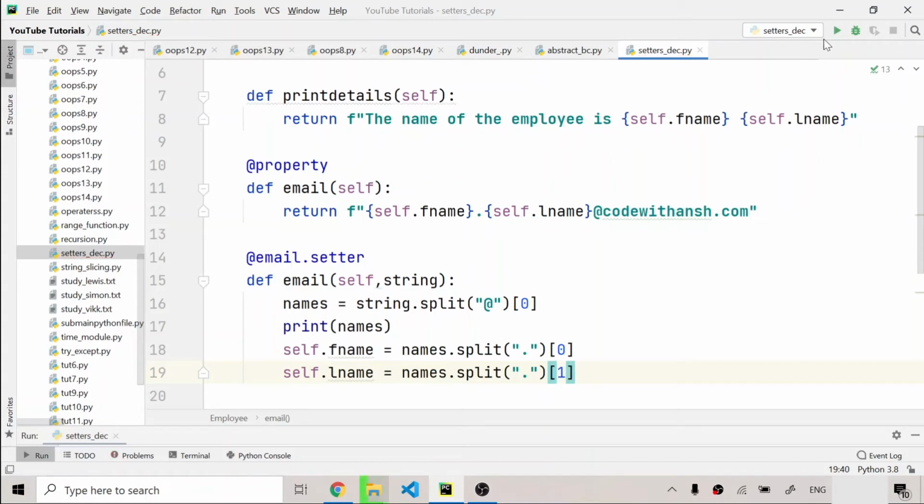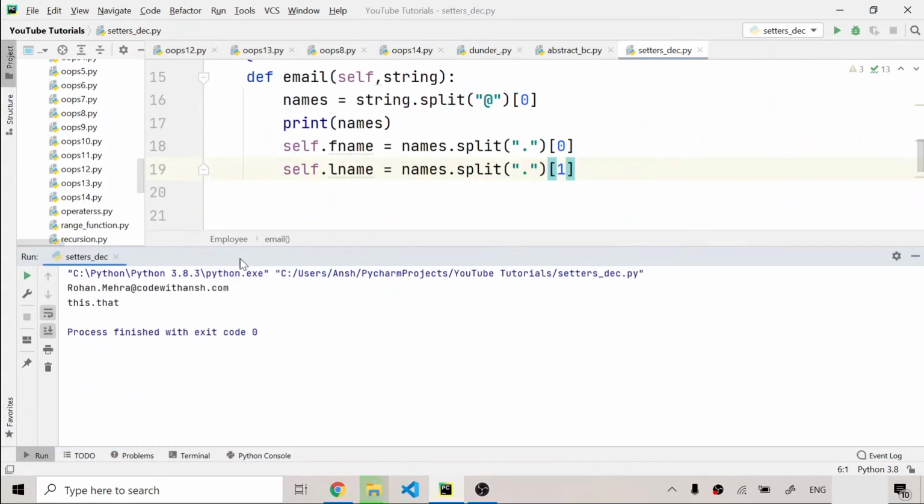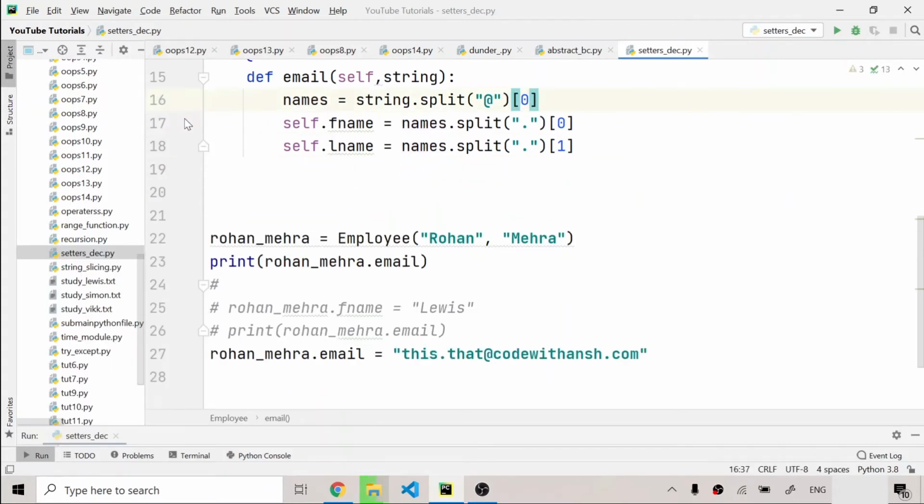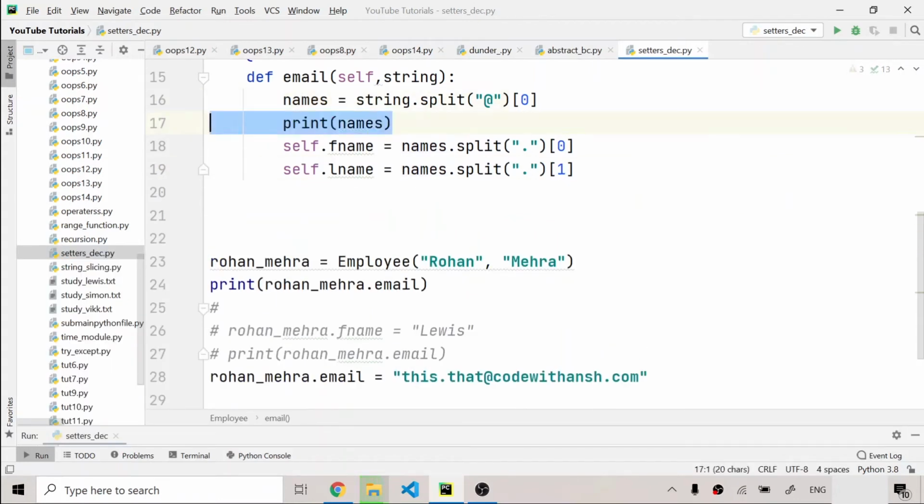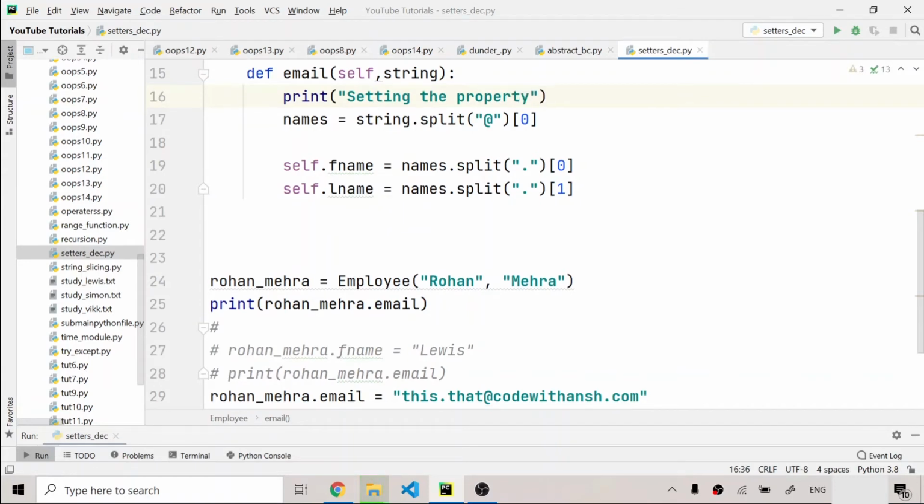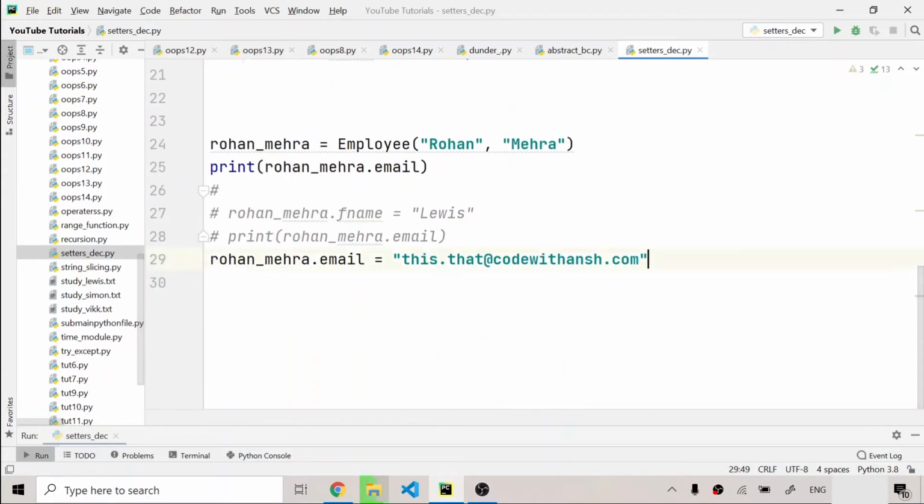Now if I rerun this program right here, as you can see it will print this dot that. So basically I'll have to remove this. If I write that I am setting it, so I will print right here "setting the variable" or the property. So I'll write "setting the property",